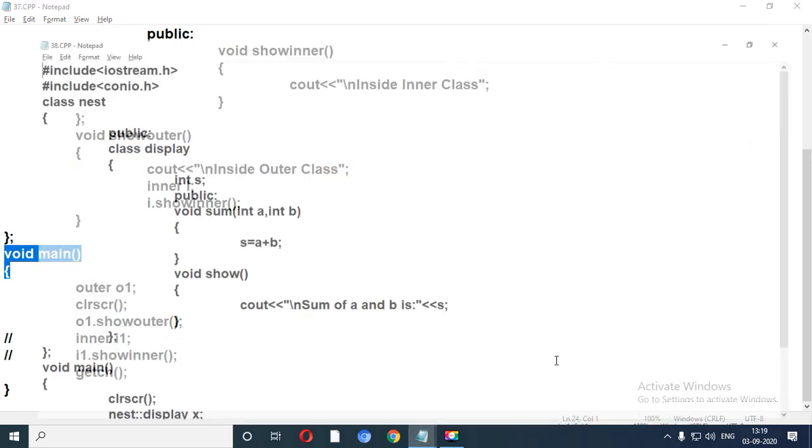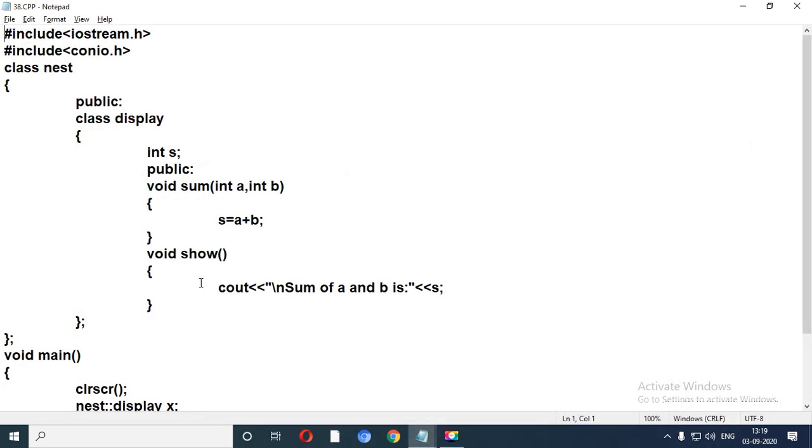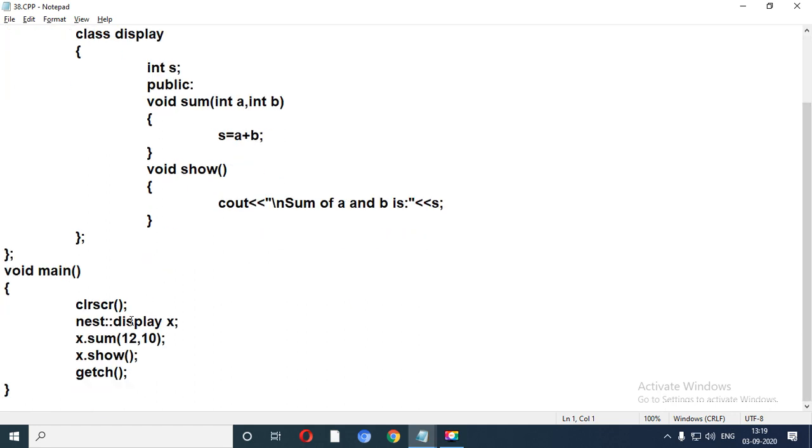And this is the last program of our today's session, that is nested class. You can create the object of nested class in this way also. First of all you need to write the name of outer class, then scope resolution operator, then name of inner class, and then name of the object, and through the object you can access the methods defined inside the class.